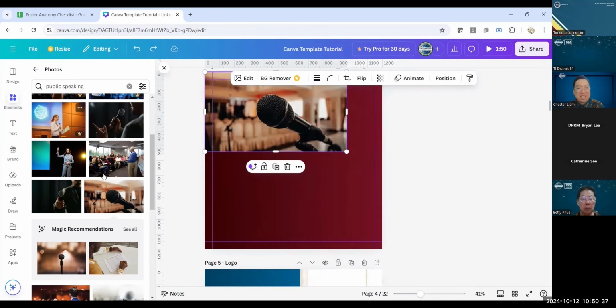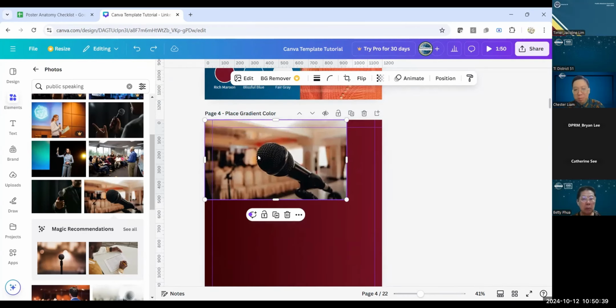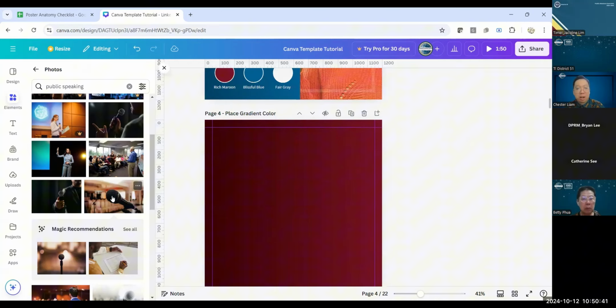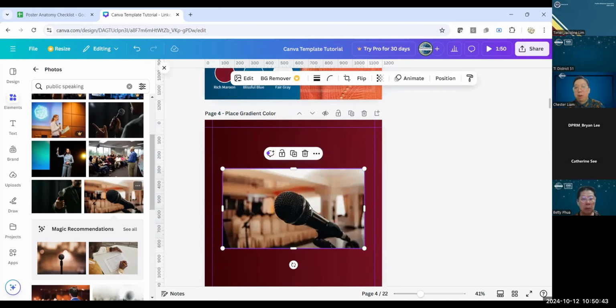Okay, so once you have selected a photo, you just click on it and it will appear right in your canvas. And you can actually resize and crop. So you can see